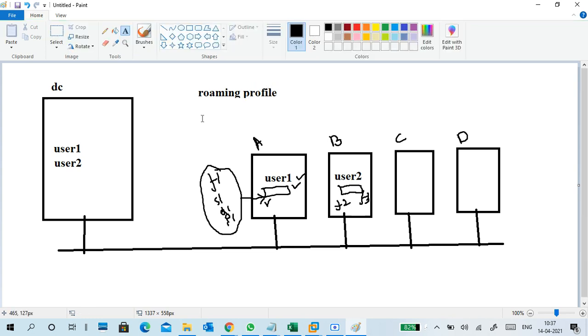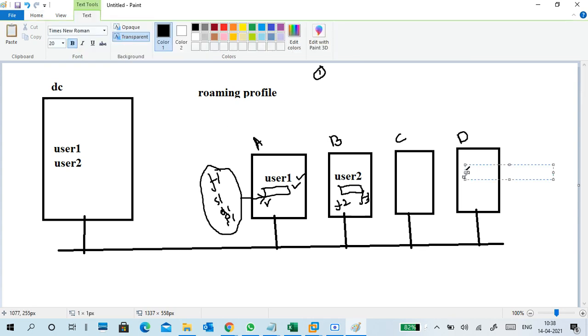Certain users are not meant to, there are two scenarios I will tell. For the first scenario, just for a normal talk: user one logs in today here, and his profile data stores here only. For example, he created this data today. Next day he went to another place, PCD. User one logs in the next day, meaning you log out from PCA and log into PCD.